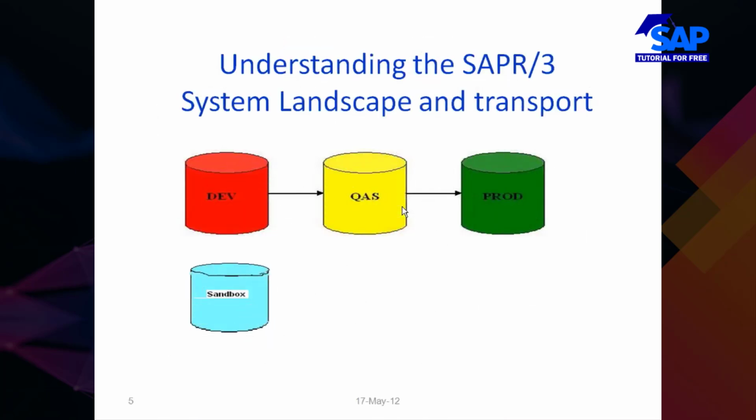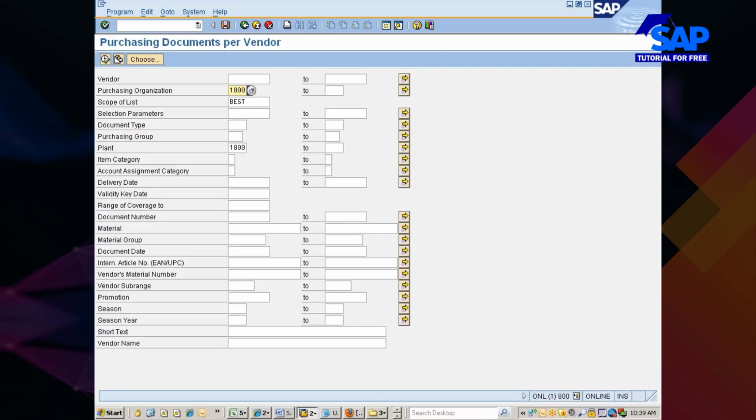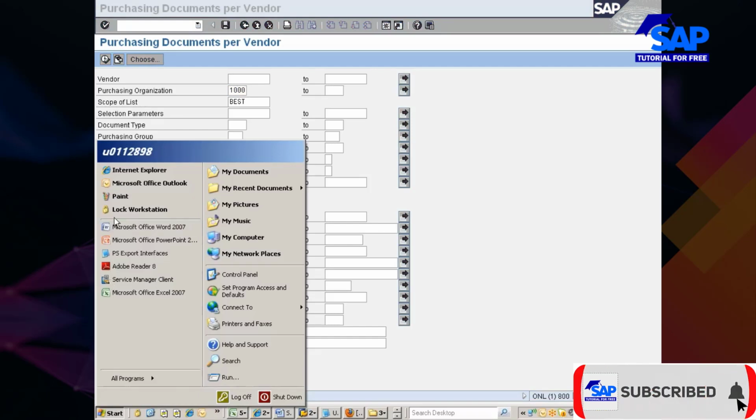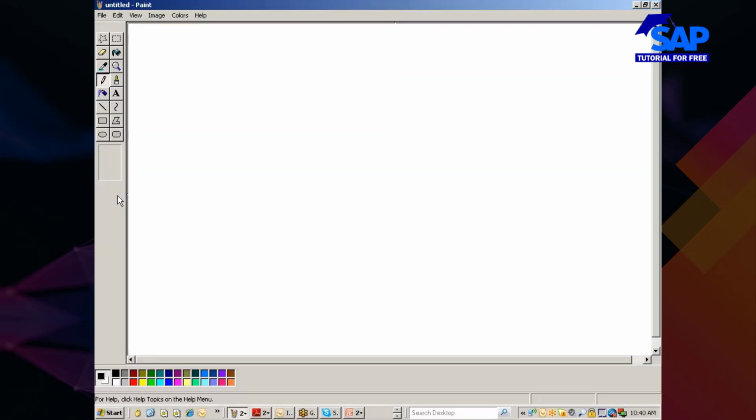Right. The next one is system landscape. Let me try to help you understand system landscape. So here, the ideal landscape, I'm just going to write once again here. The ideal landscape would be something like this. You will have some system here.